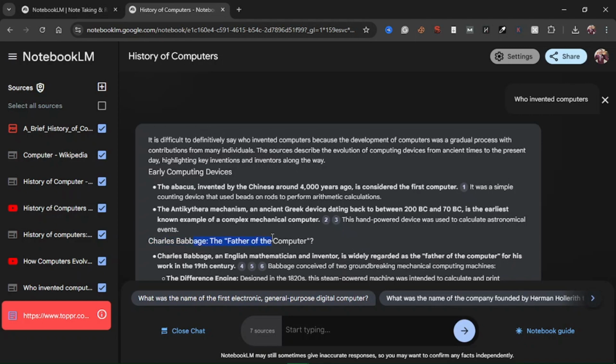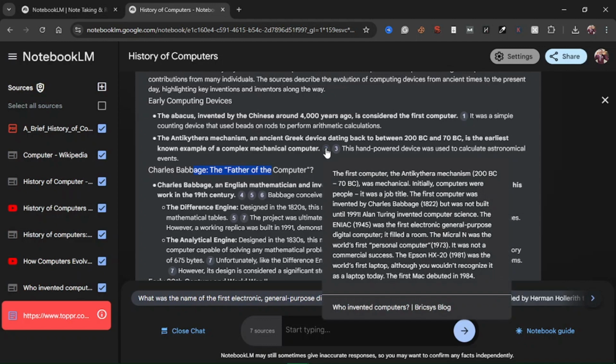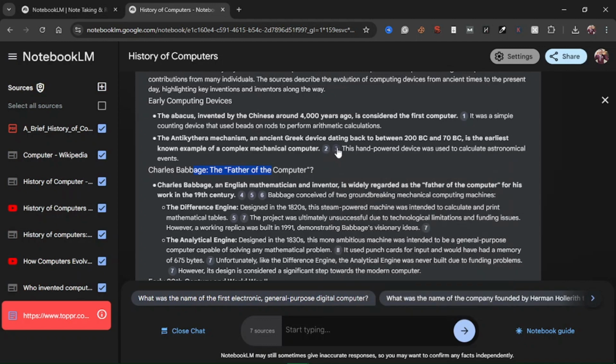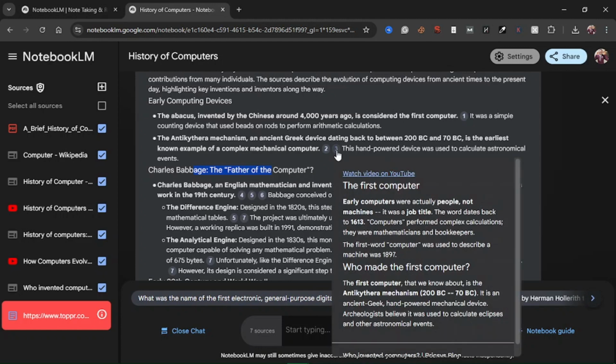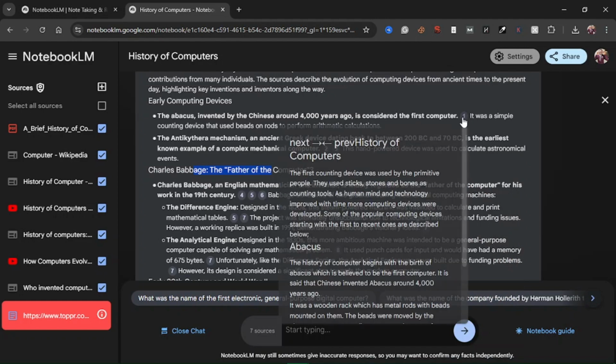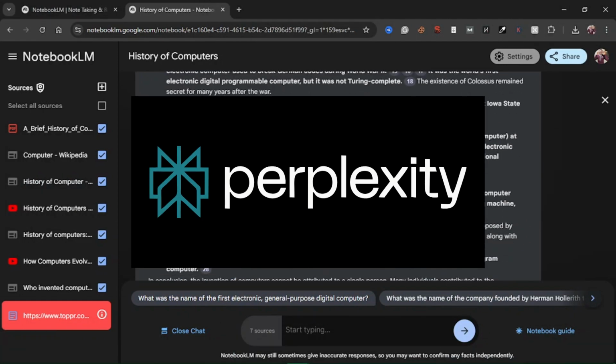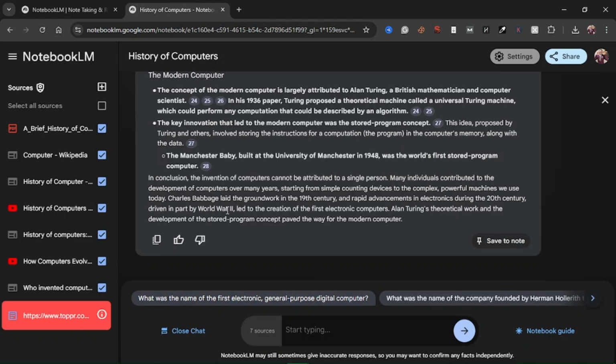Charles Babbage is just considered the father of computers, and this gave us some really great responses, and each response has a link pointing to where you could see the reference, right? So this would just prove that, okay, this is where I got this information from, and it's very, very helpful. Reminds me of Perplexity, and Perplexity does something similar, and it takes you to links where you could see